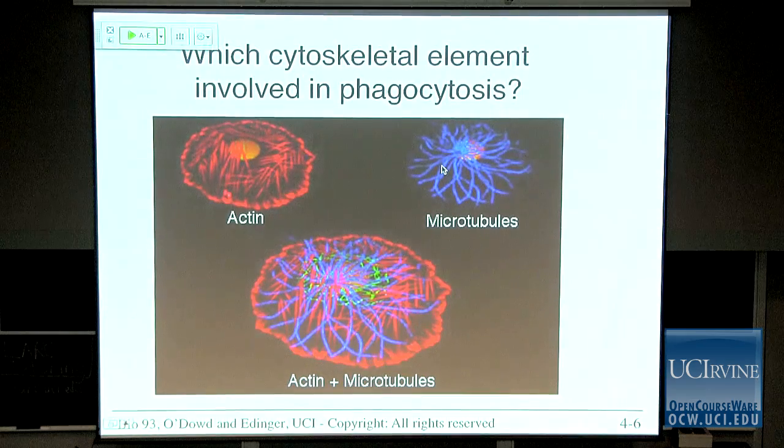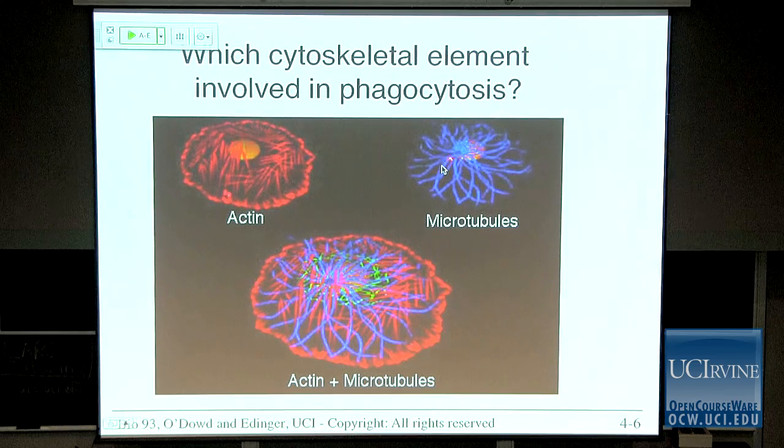Okay, so what we're going to do now is think about where the cytoskeletal elements are organized in the cell and use this to help make a prediction about which of these cytoskeletal elements is important in the movement of the white blood cell and the extension of the pseudopodia during phagocytosis. So here is a cell where I've labeled the actin fibers in red and the microtubules in blue, and you can see they all lay on top of each other. It's a bit hard to see where they are. But if you separate them, you can see that the actin has a very high density around the cortex of the cell, and then sort of a meshwork in the rest of the cell,